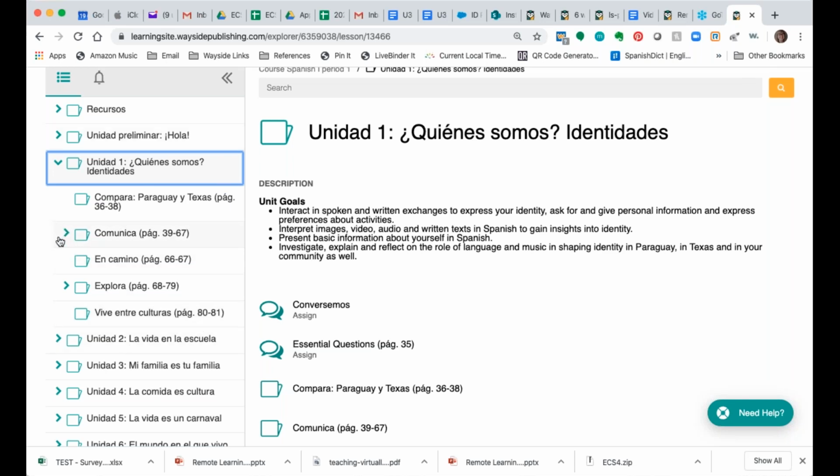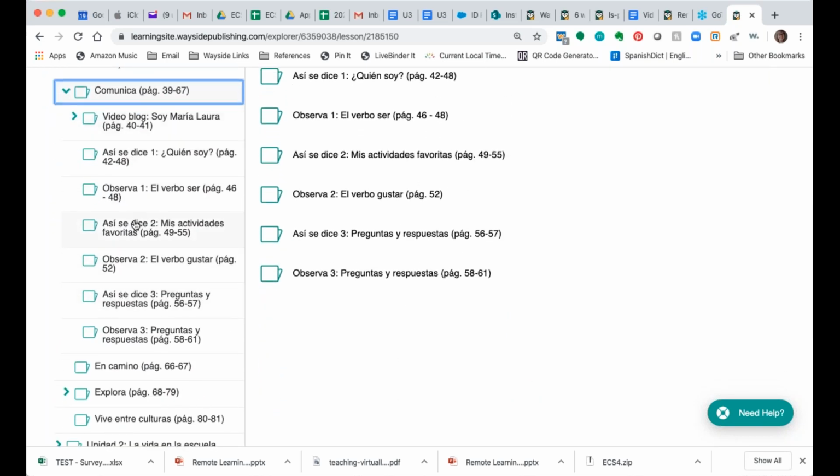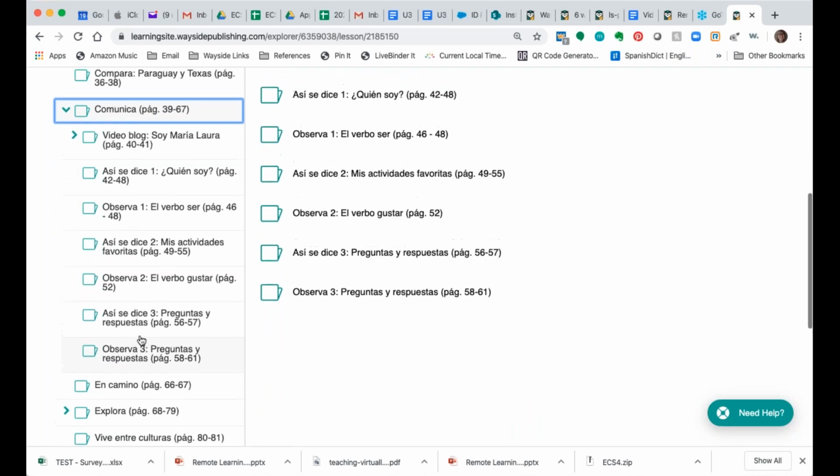Wherever I see a triangle, it tells me that there are even more folders embedded. So if I click on the title of the folder, I can see all of those additional folders, or if there are any loose documents as well. So again, these folders are organized by either the cultural reference or our video bloggers. You know, each unit has a video blogger